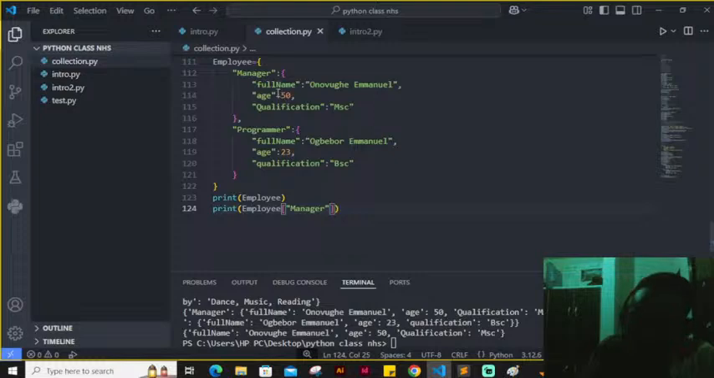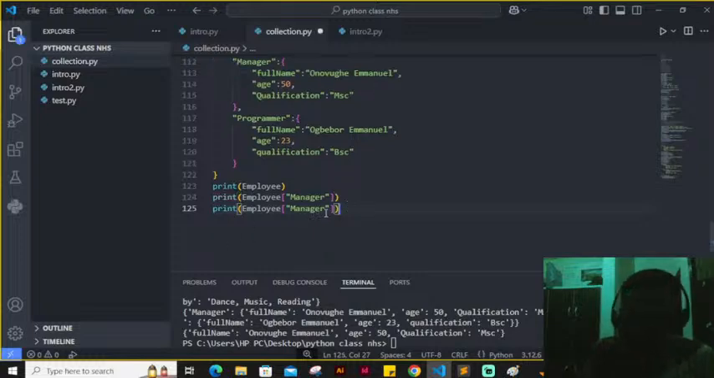So what I'm saying in essence is that manager is a key in the employee dictionary. And manager itself is also a dictionary. I don't know if I'm making any sense. For example, I want to print out the full name of the item that is under manager. Remember our formula said the key, right? Then you call your